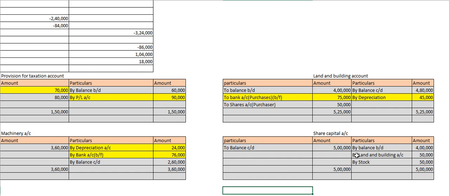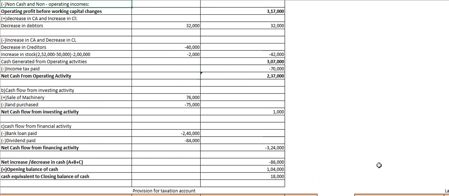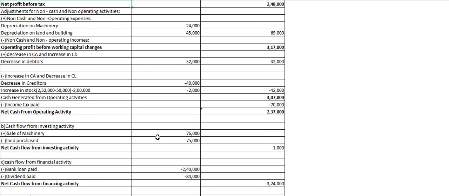So if you see, you are purchasing your land and building and stock by issue of shares. So the journal entry will be land and buildings account debtor, stock account debtor, to share capital account. So 50,000, you get the total equivalent. So you don't have any balancing figure. So this does not involve any cash. So this will not be accounted in your cash flow statement. So I again repeat, the share capital wherein you are issuing shares and buying the asset, that will not be accounted in your cash flow statement because it does not include the inflow and outflow of cash.